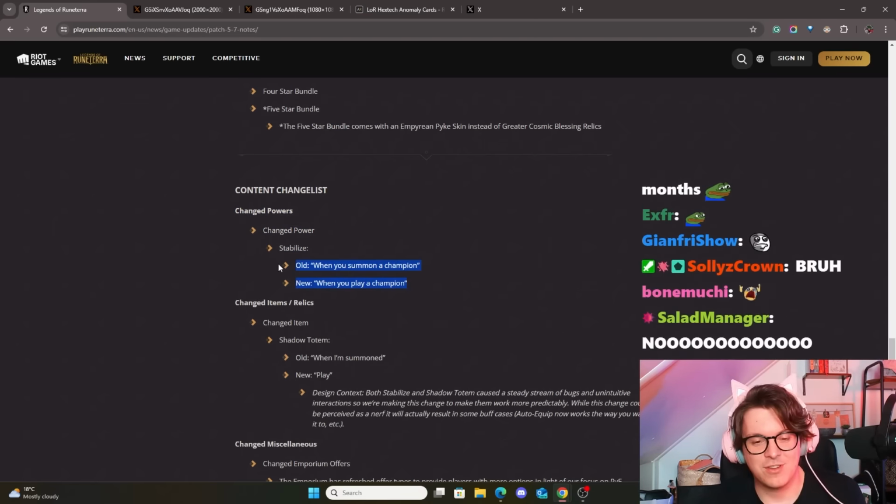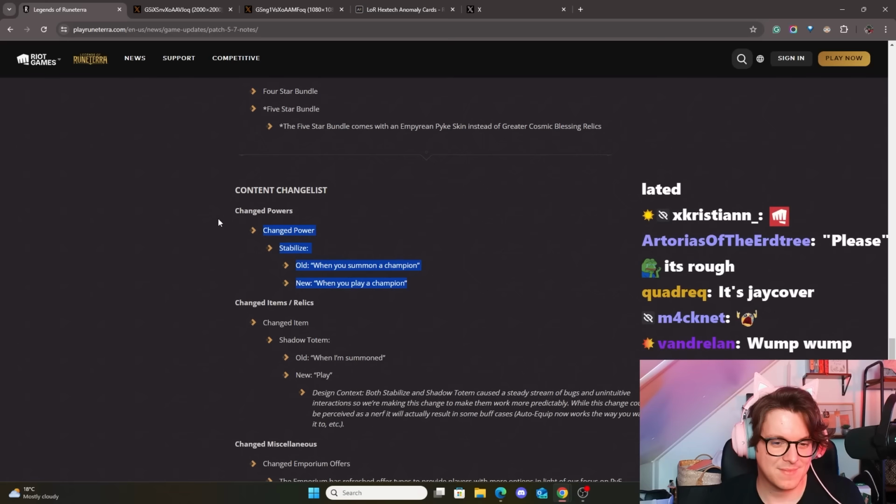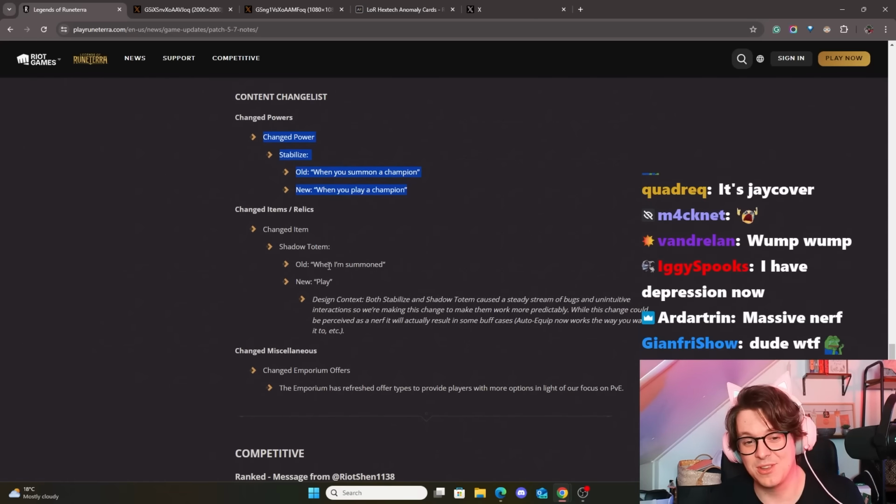This is like an indirect nerf to Oath of Guardians too. Or Oath of Champions, whatever it is. Man. Shadow Totem. When I summon, play. Okay. Both Stabilize and Shadow Totem cost a steady stream of bugs and unintuitive interactions. So, come on. It was just... Because we were breaking the game? To make them work more predictably. Well, this change would be...